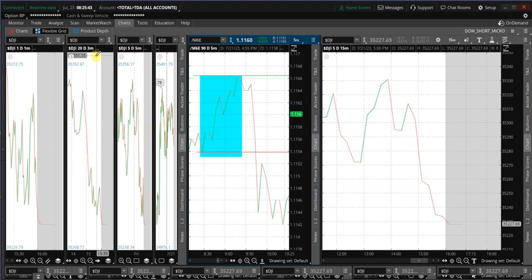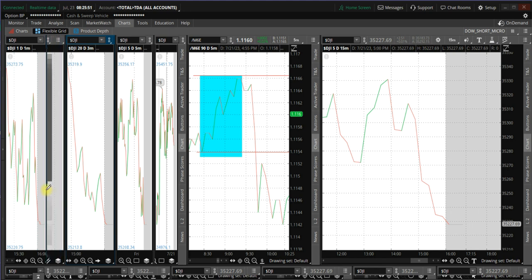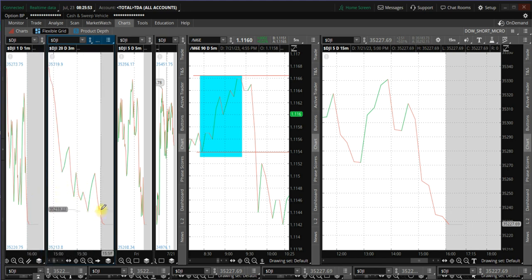Even looking at the Dow here, we have another fractal. 1, 2, 3, 4, 5, 6, 7. That is at the bottom, nested. However, it did reverse. Fractals do reverse. They reverse up and they reverse down. So you have to put your band there and your stop, and then you can do the trade. So you got a fractal here on the 3-minute time frame for the Dow, and you got one here on the